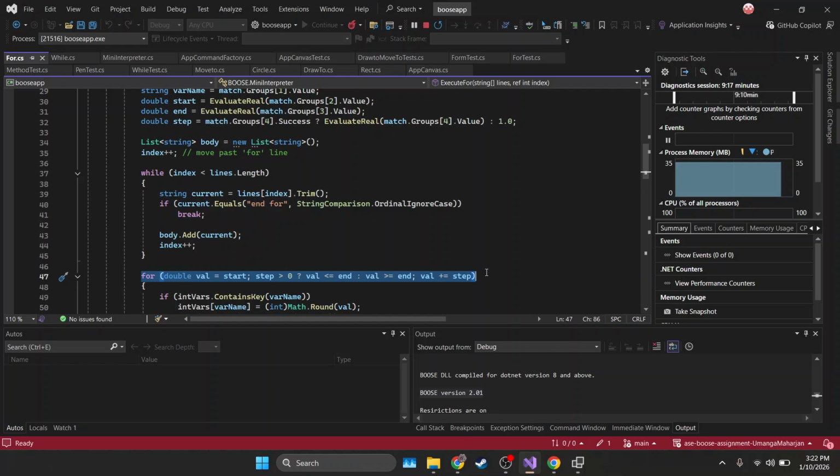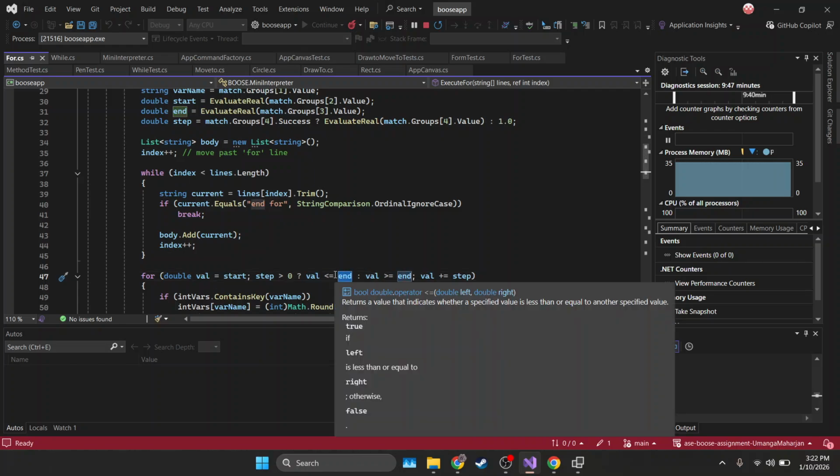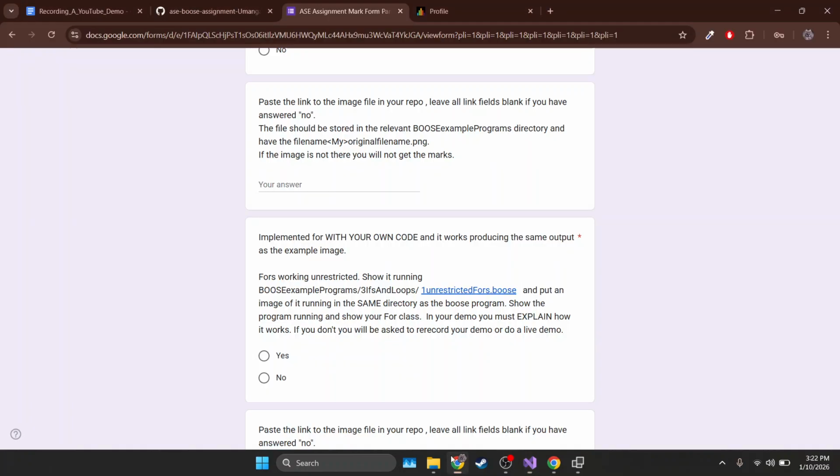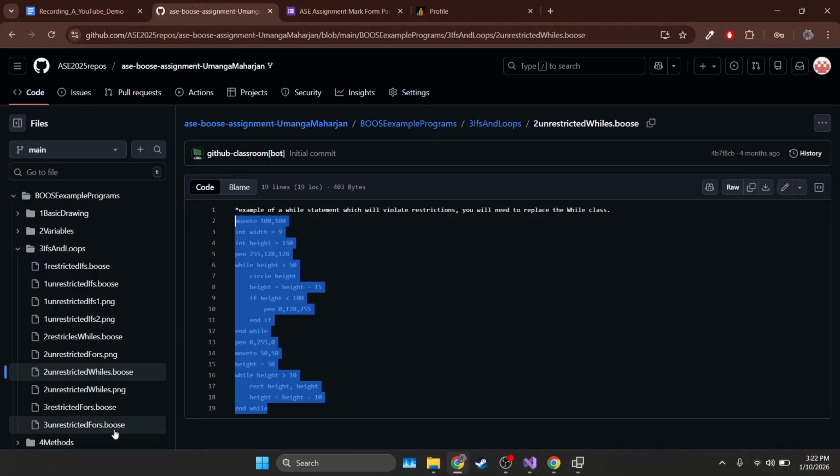This line, or the for loop condition, checks or gets the start value, end value, and checks the if else condition if the loop should continue or not, depending on this step. Then the block is run continuously while updating the loop variable. The loop ends when the value goes beyond the end variable, which is if the value exceeds this end variable, the loop ends. So if I run restricted for,